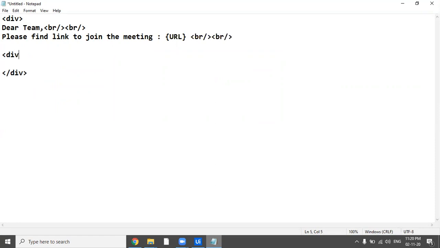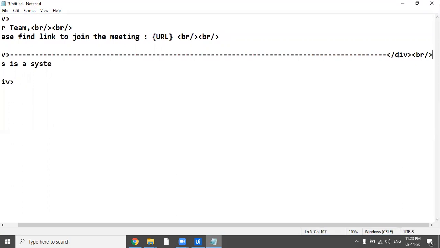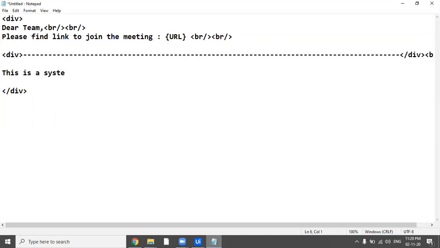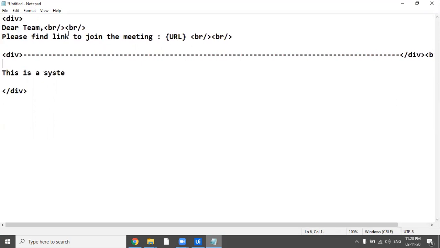Let's introduce a div here. Also, I forgot to introduce the break line. We can have one more break line or maybe not, it's up to you.